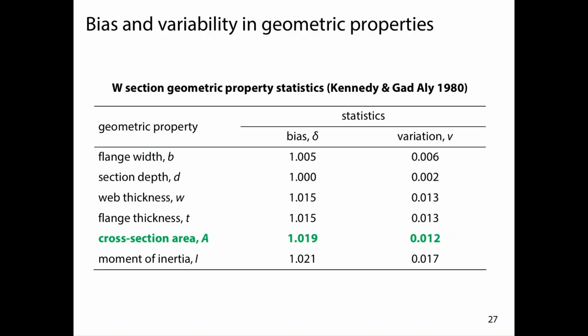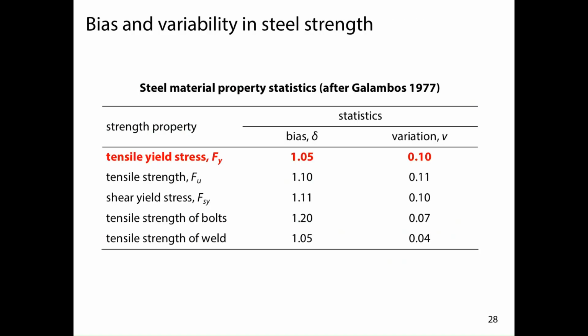Again, pretty low variation, but higher than the variation associated with the geometry of the cross-section. And so if we use the statistics that these researchers gave us, and the statistics for the yield stress that Galambos gave us from his research in 1977,